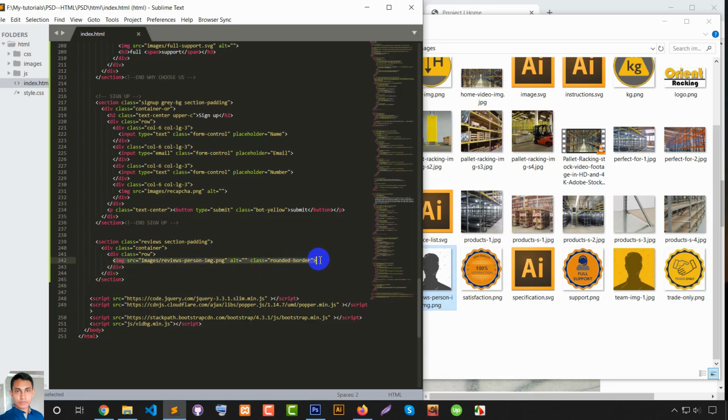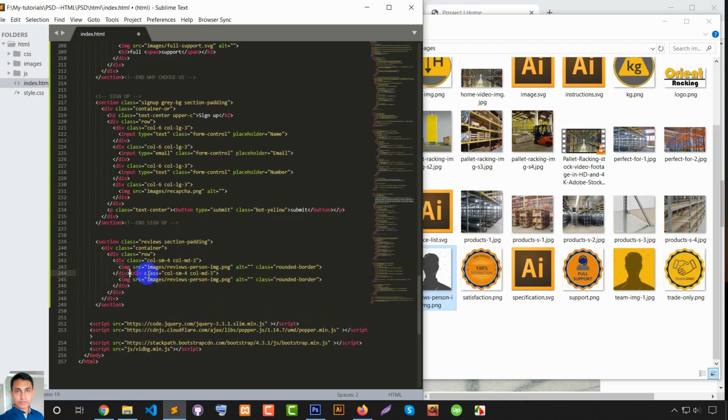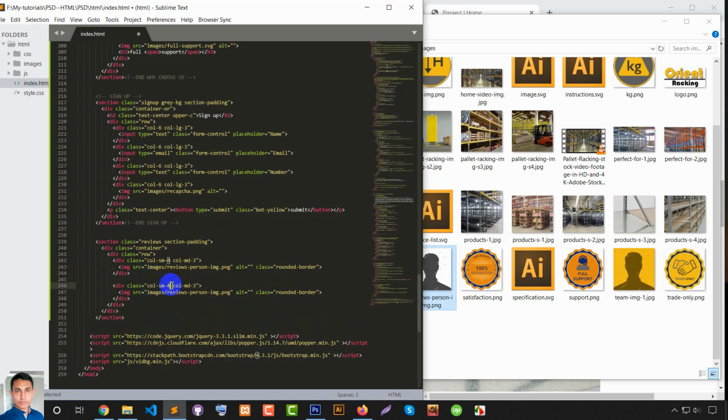I forgot to put columns here, so col sm 4, and then col md 3, and inside this put the image, then copy, put here 8 and here 9 and here